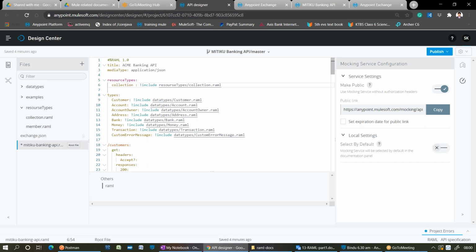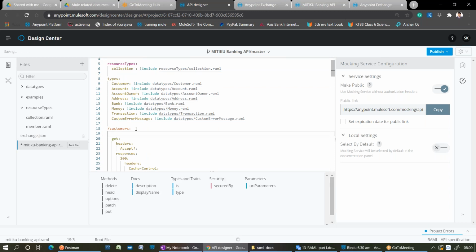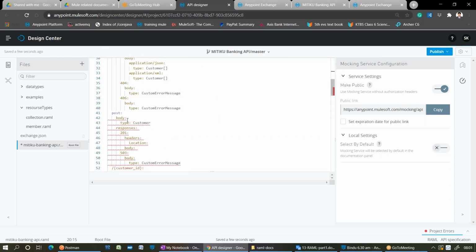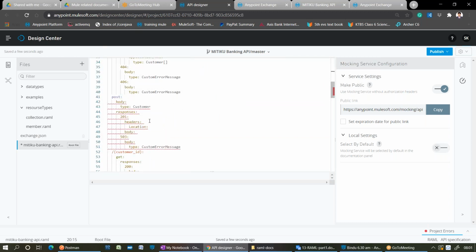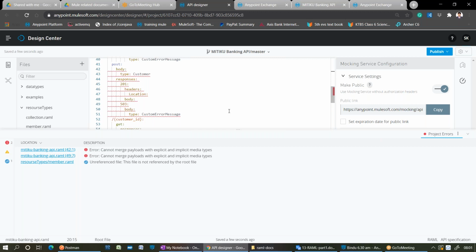Right now I declared, but where do I need to use it? Where is the template required? For slash customers, right? Click on enter. Type automatically will suggest collection, right? So I'm referring this slash customer to this template which is present as a post method. So now you come to the post method. Is it throwing some error? What is that error?